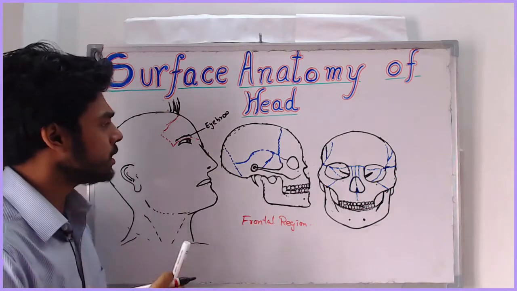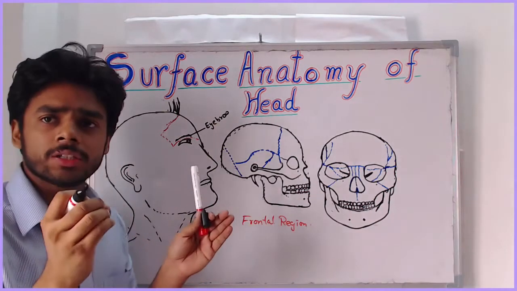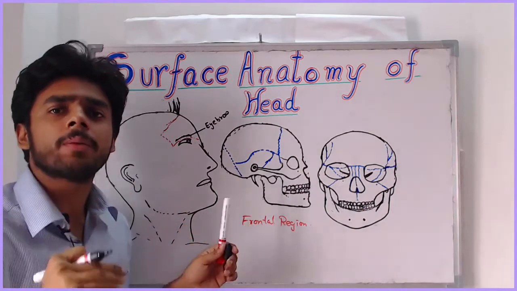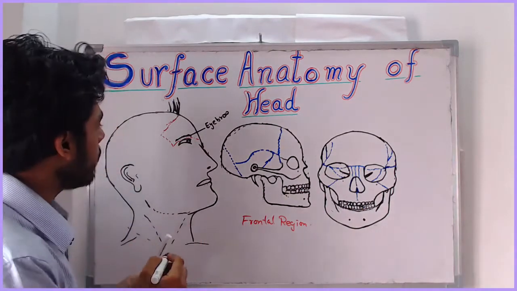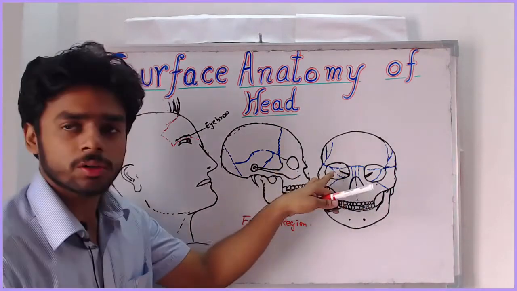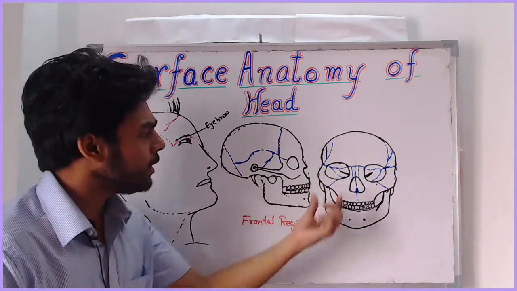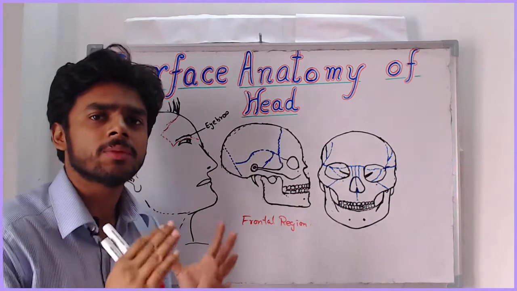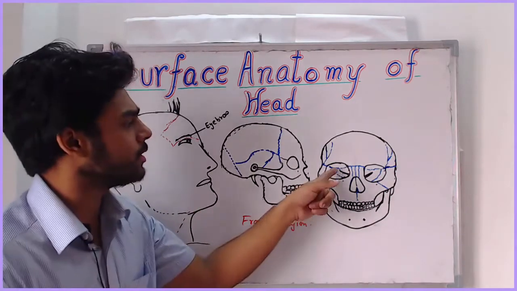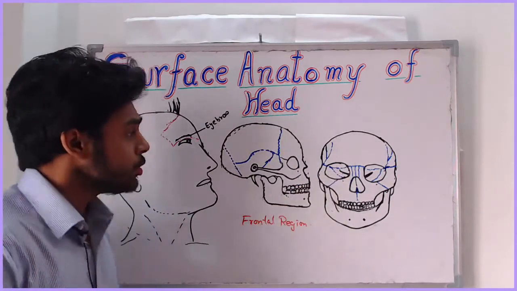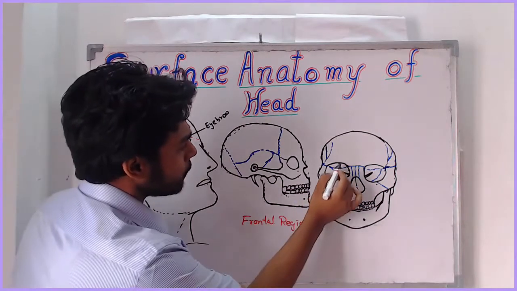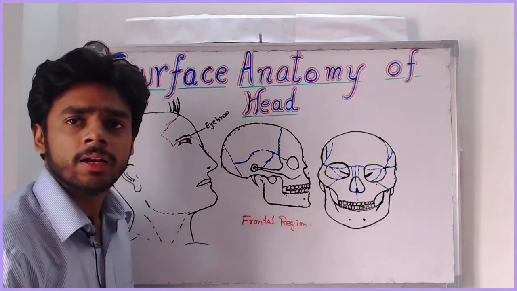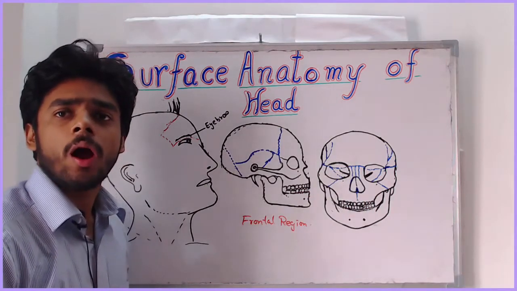What is superciliary arch? See, superciliary arch is the elevation on the frontal bone which is above the upper margin of the orbit. And what is the upper margin? See, this is the orbital structure. And what is orbit? Orbit is the cavity, the socket in which eyeballs are present and other muscles or structures associated with the eyes are present. So this superior border is called supraorbital margin.